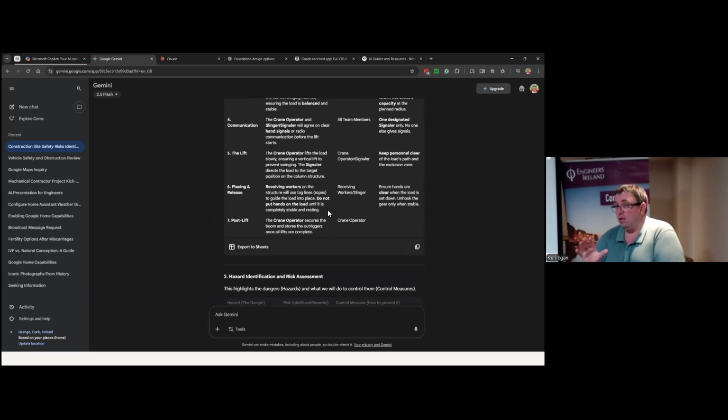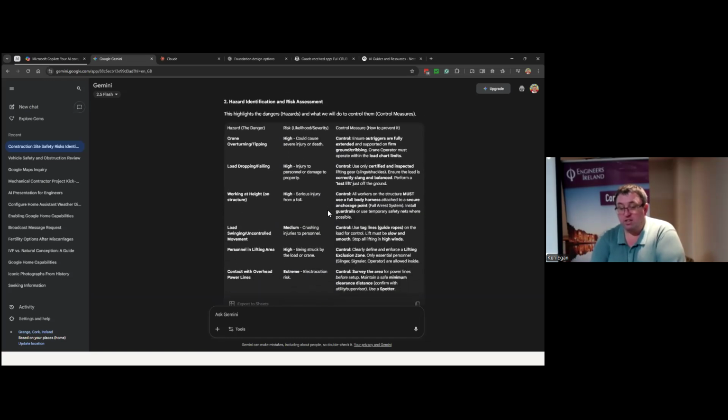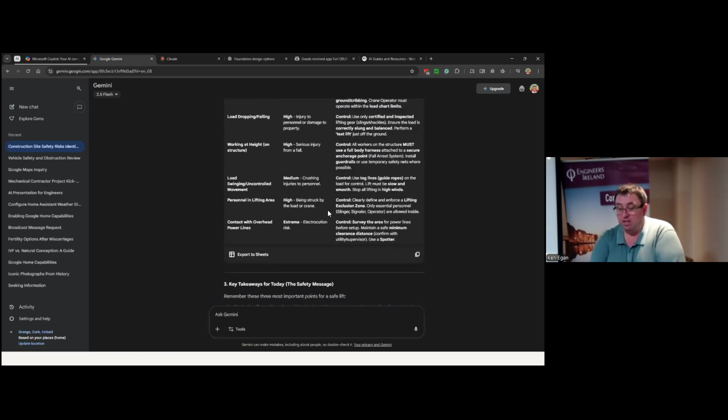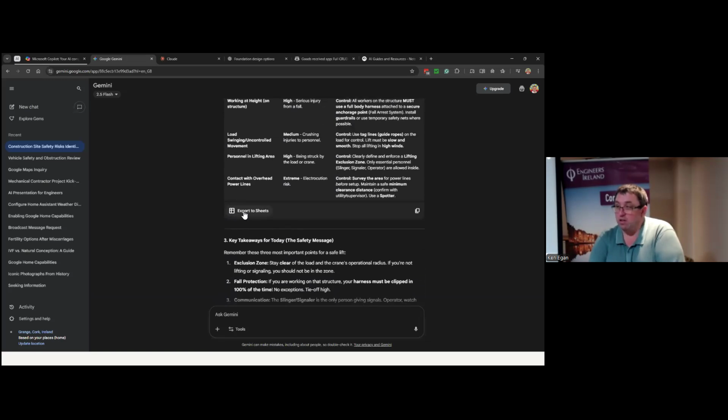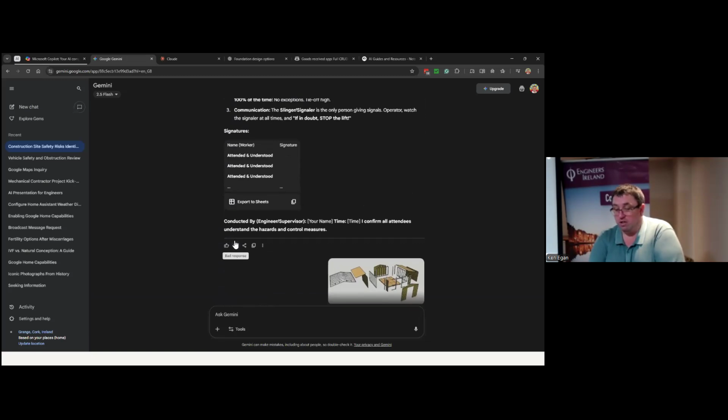Now, AI, don't believe everything. You have to go and do your work as well. But it can give you some pointers. It's a first step. You're sitting down sometimes, you're trying to write out a risk assessment for something. Yeah, you can draw a blank. Something like this can give you a few prompts to help you with it. Identify the hazards, right? It picks up on these. You can hit export out to Sheets at any stage in there. It's done a takeaway and it's done all this, right?